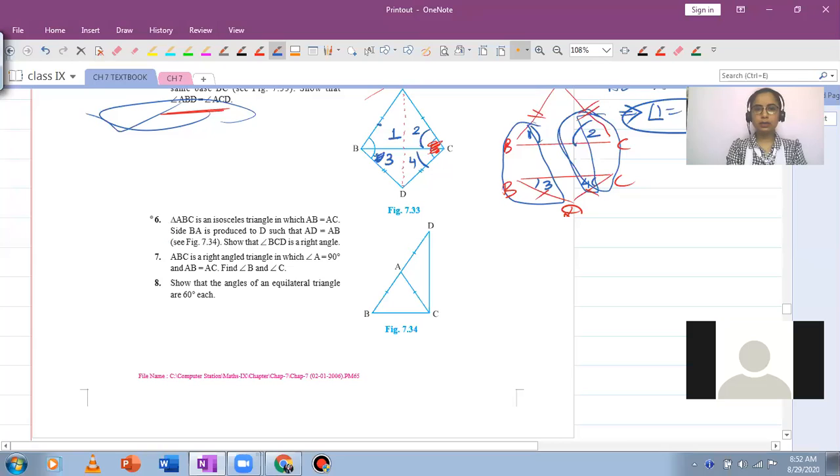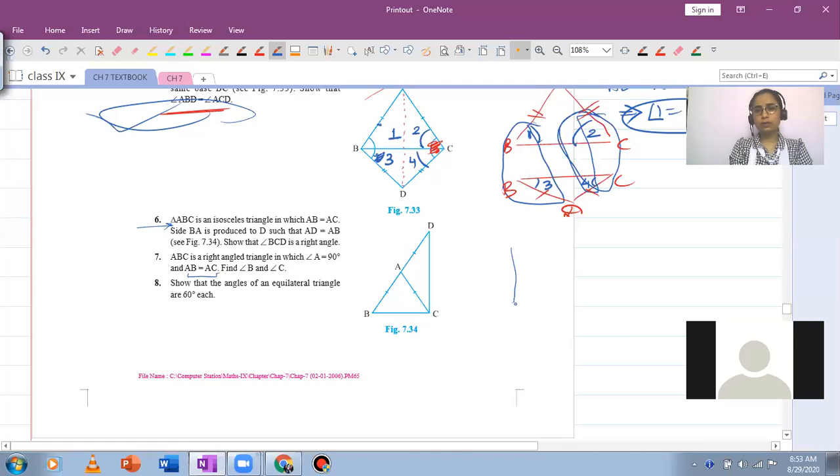We have done till question number 6, I think, and we are left with these two questions from this exercise. Out of these two, I had given one question as homework actually. I wanted you to try this one. This one's actually an easy question, in which you apply the property that if a triangle has two equal sides, then the angles opposite to those two sides will be equal. And then you apply the angle sum property to find out the measure of those angles. This is a question which you have probably done in 7th standard.